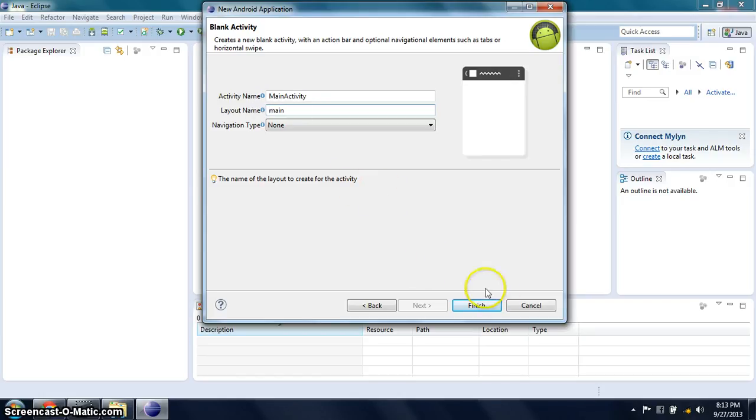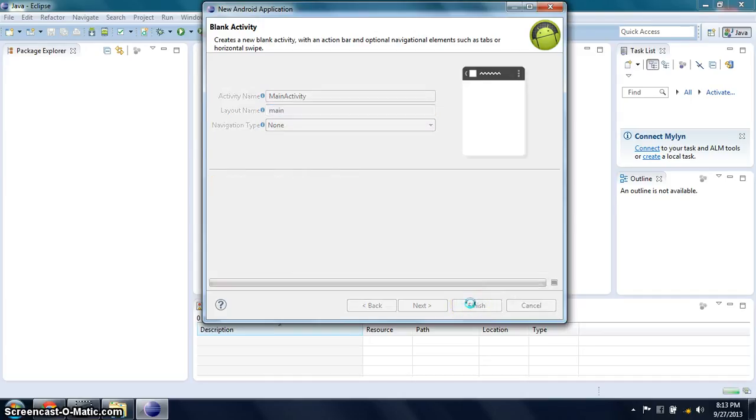Then click finish. So it's still loading.